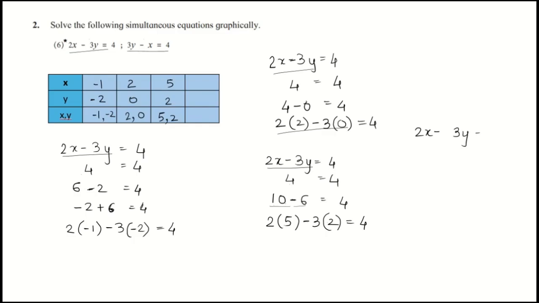2x minus 3y is equal to 4. Total should be 4. How to write this 4 further? Let's take 16 minus 12 is equal to 4. Why 16 minus 12? Because 16 is multiple of 2 and 12 is multiple of 3. So take 2 from the equation. 2 into 8 is 16. Here take minus 3 from the equation. Here it is minus sign. Minus 12 it is. So 3 into 6 is 18... so 3 into 4 is 12 and minus into plus is minus. So the last point is 8 comma. Here it is 4. 3 into 4 will give us 12. So 8 comma 4 is the next point.